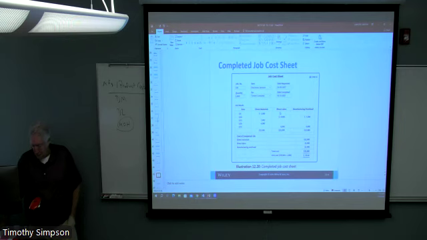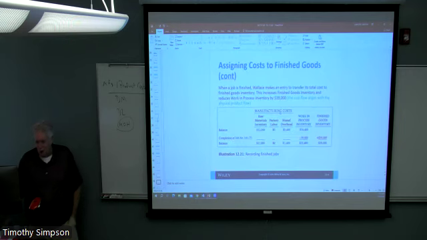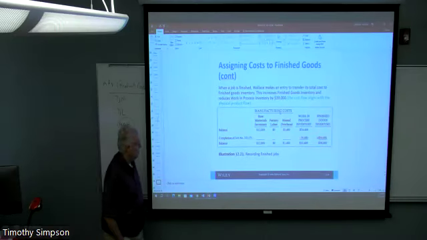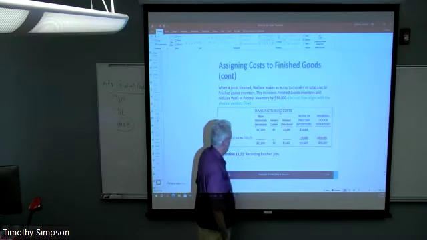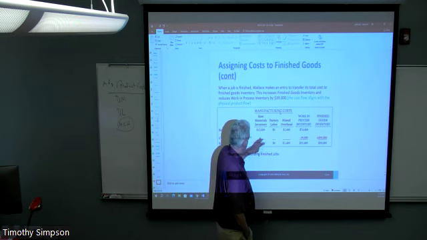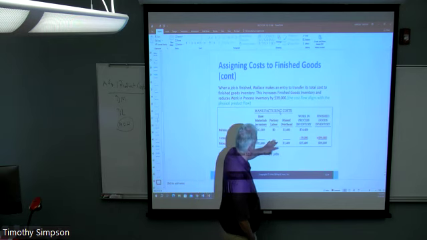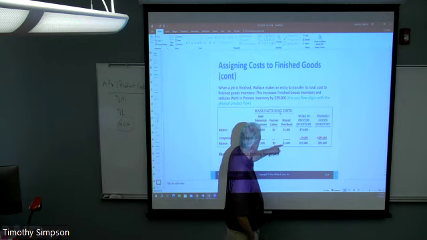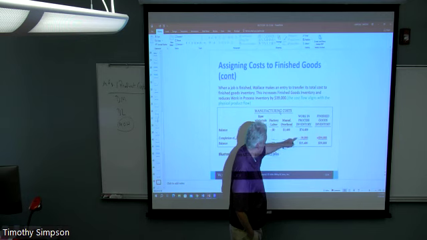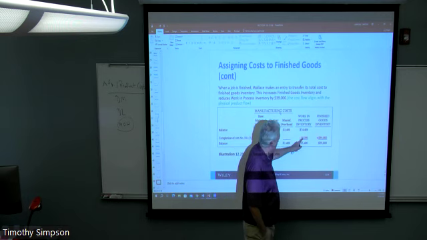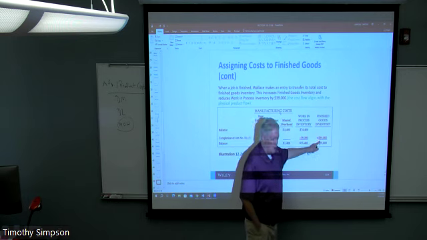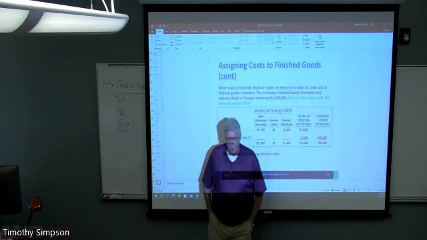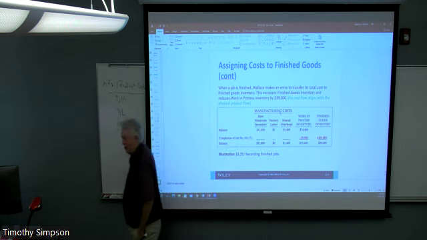Okay, and so if we go forward here with that, now the job is done, okay? The job is done. Everything is done. And so as a result, we have these balances in these larger accounts, and we have 39,000 that moves over into work in process that now we want to take out of work in process and we want to put into finished goods, okay? All we're doing is moving these costs along.